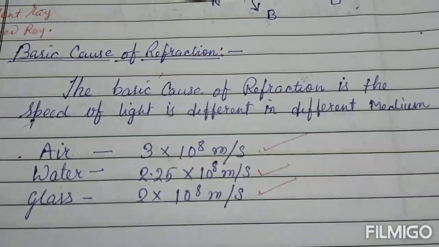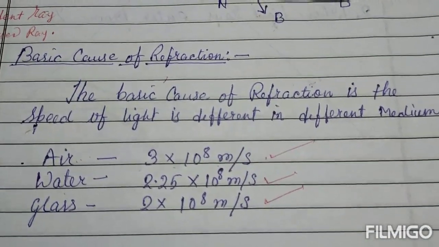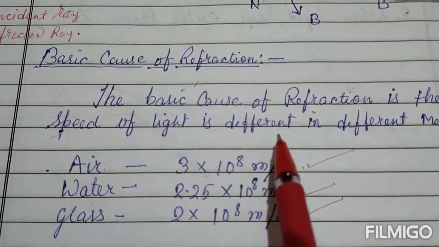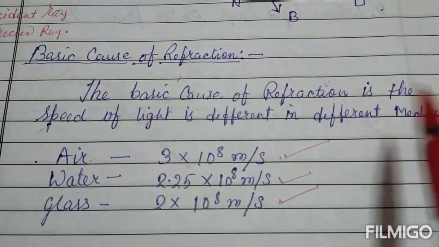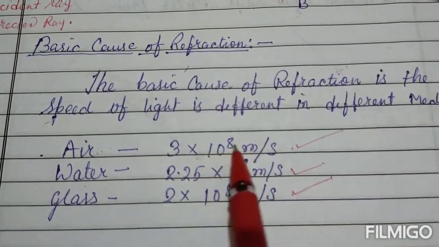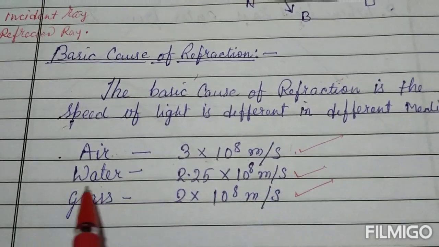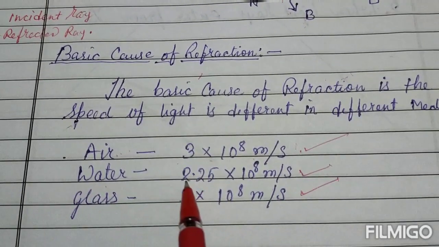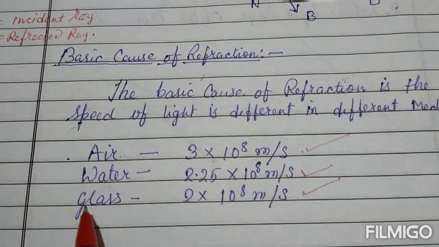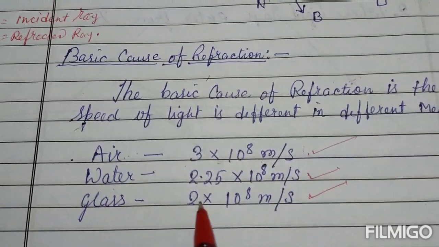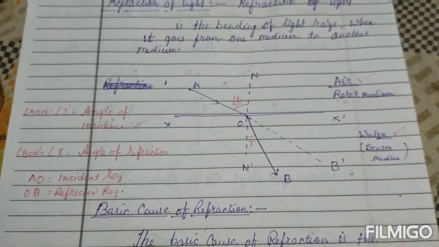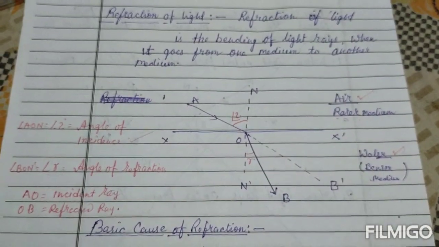Now the basic cause of refraction. The basic cause of refraction is that the speed of light is different in different media. Air has speed of light 3 into 10 to the power 8 meter per second. In water the speed of light is 2.25 into 10 to the power 8 meter per second. The speed of light in glass is 2 into 10 to the power 8 meter per second. So here we have seen the definition of refraction and